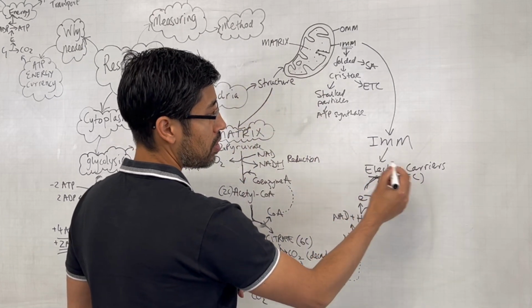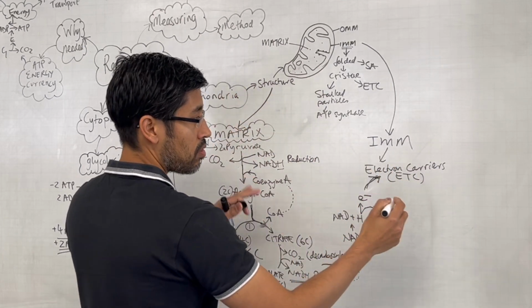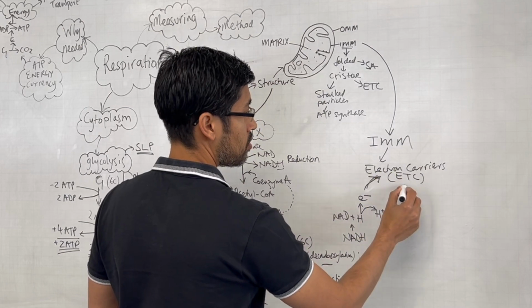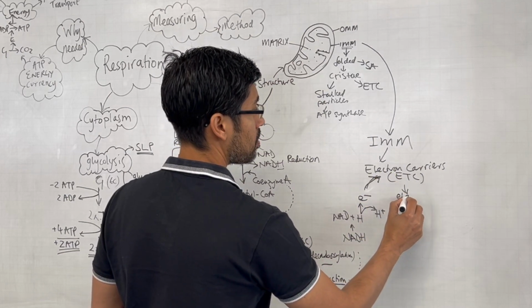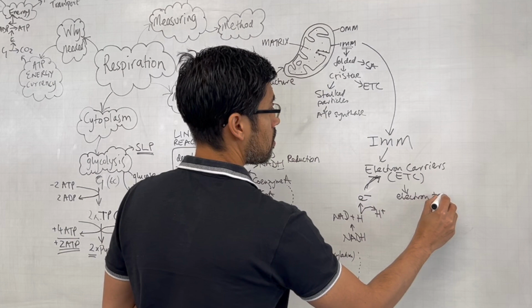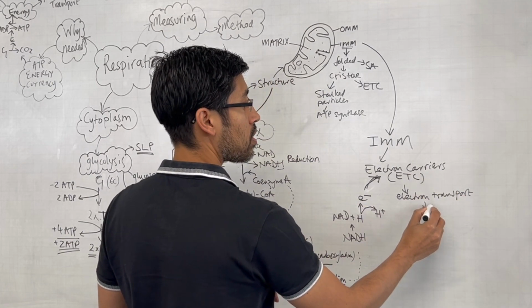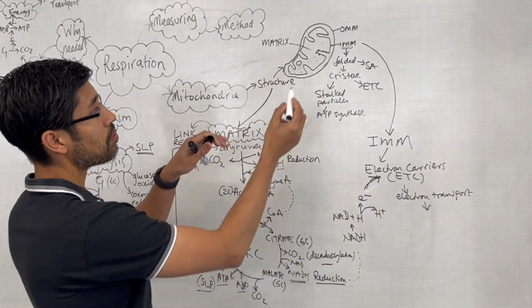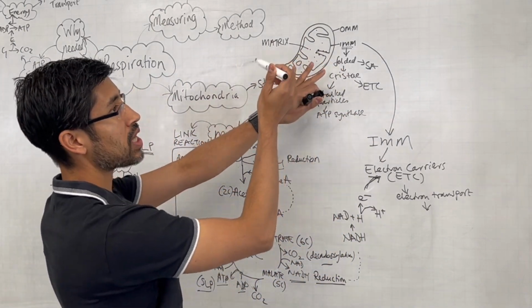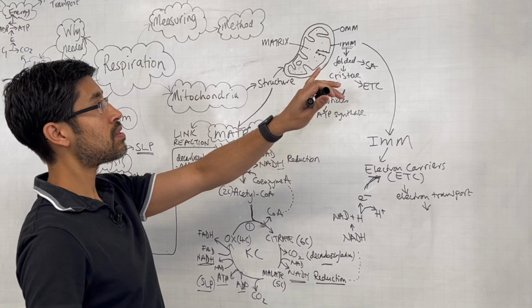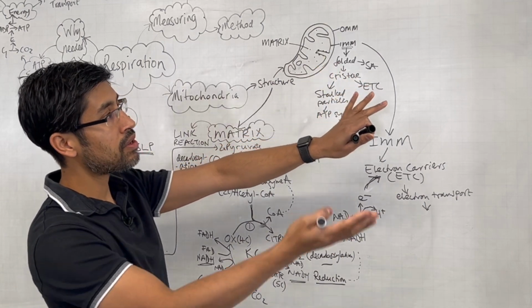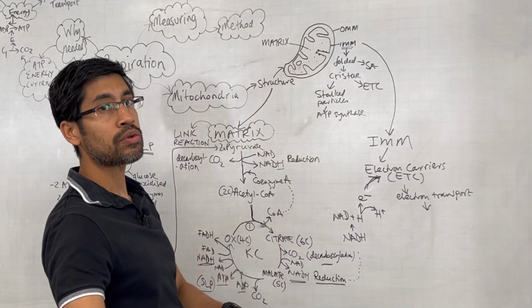The electrons are then used, the energy of electron flow, so electron transport happens, and thanks to electron transport, because the electrons are being transported through the electron transport chain, just like in photosynthesis, the electron carriers are able to pump protons